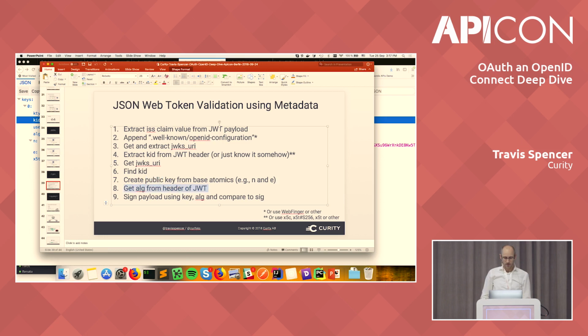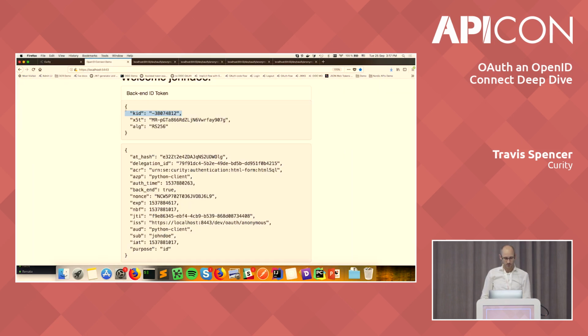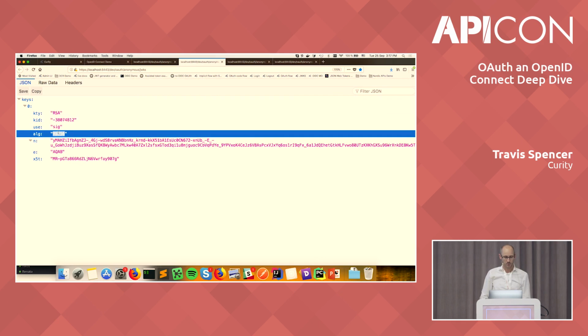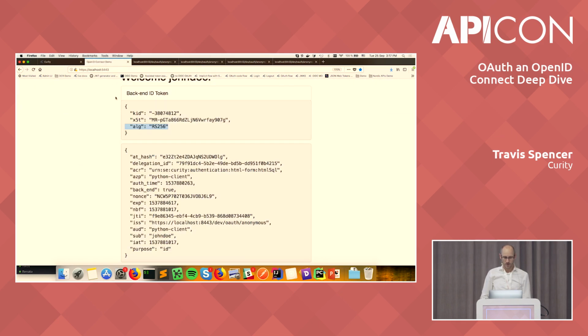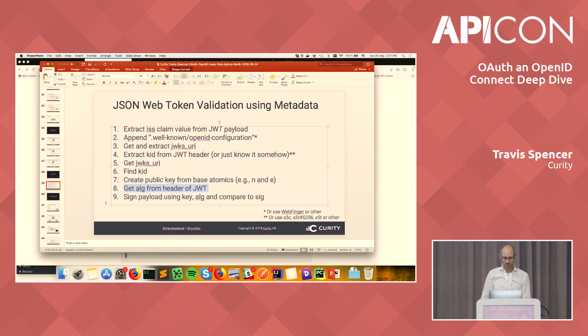And now look at the header of the JSON web token. It also tells me the algorithm that was used. So RS-256. And this one can be used to do RSA-256. Okay, this is looking good. So now I can use that key that I've computed, and I'm going to run it over this JSON structure. And I should get back the same signature that's in the footer of that. And if so, then it at least came from that OAuth server. Whether or not I trust that is another question,